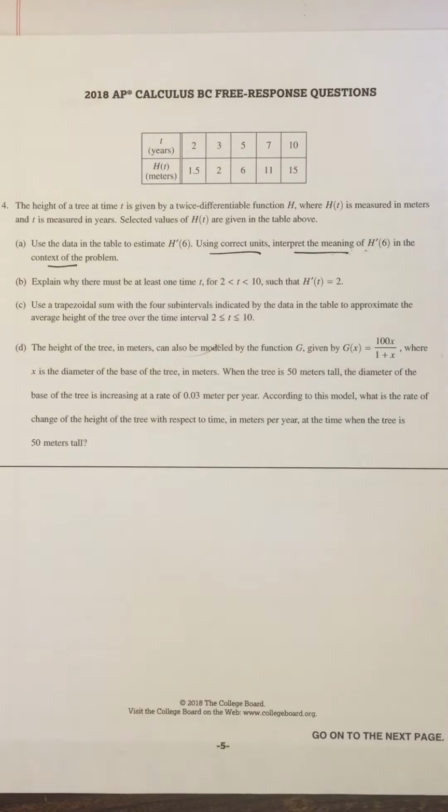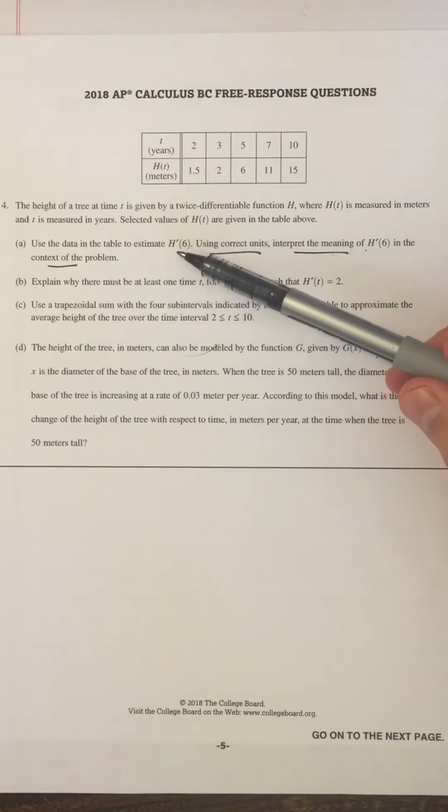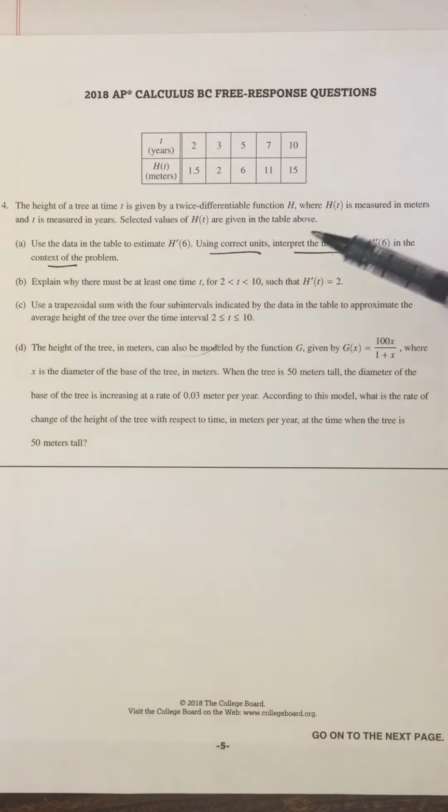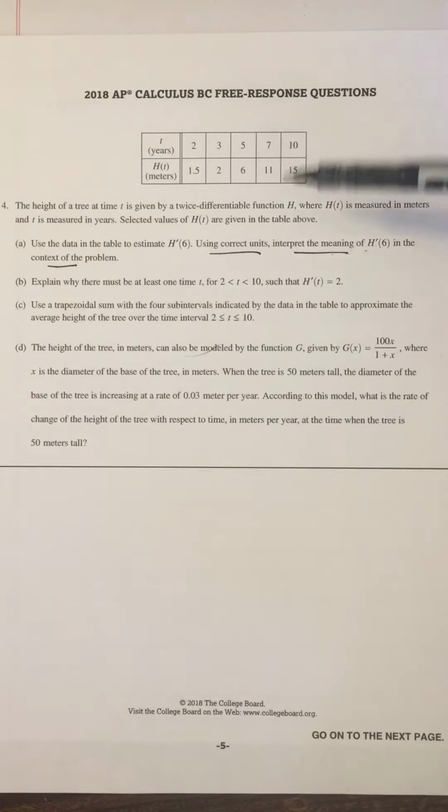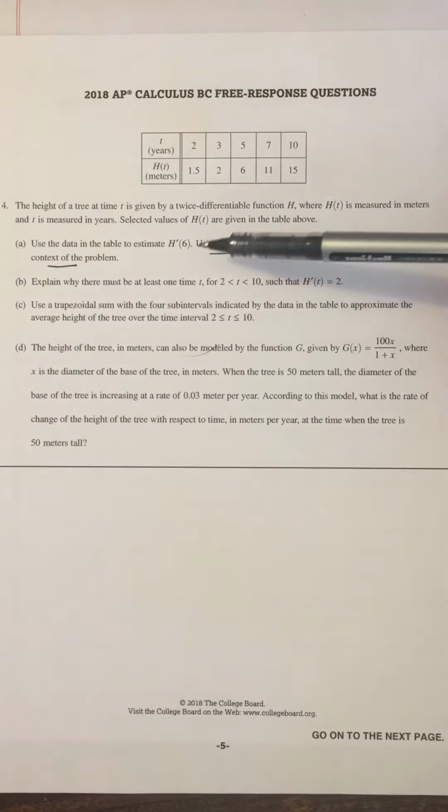2018, number 4, part A, they ask us to estimate h prime of 6. So, they've given us a table of values. This is another very common one, something they like to do. You find an average rate of change and use that average rate of change as an estimate for h prime